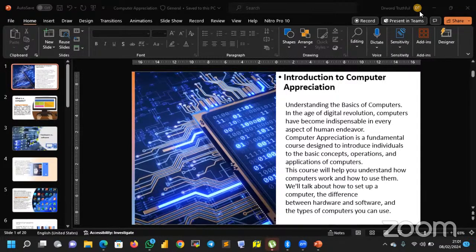So welcome once again to cohort 4, CapacityBay cohort 4. Today we'll be walking through computer appreciation, and we'll be talking about the introduction to computer appreciation. Okay, so let's begin.